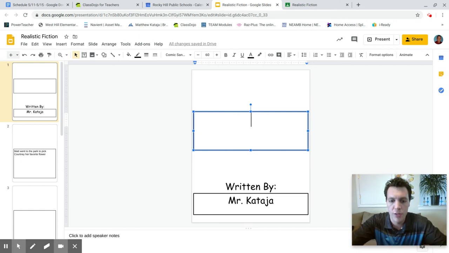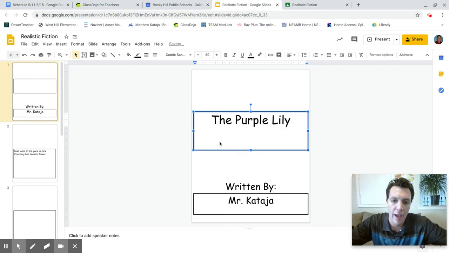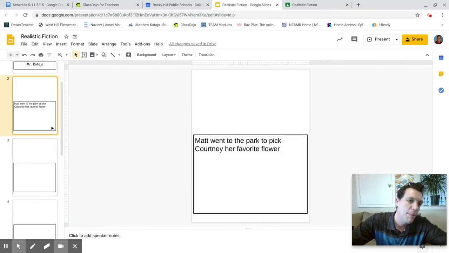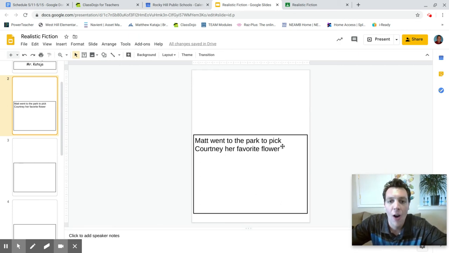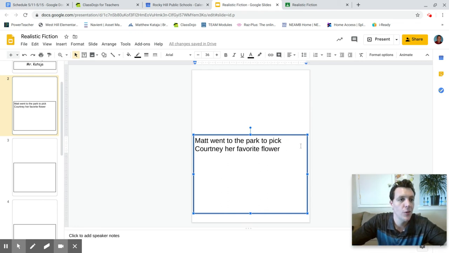It should be short. I decided my title for my story would be The Purple Lily, and I am the author. I would type it out, breaking it up page by page, just like I did. This is how I would publish our writing in the classroom. They would be able to type it all out by themselves. Unfortunately, we're making the best of our situation, but I still wanted to share one thing that you can do. So if you want me to publish your favorite story, reach out. I'll give you a time and I will type as you read your story to me.